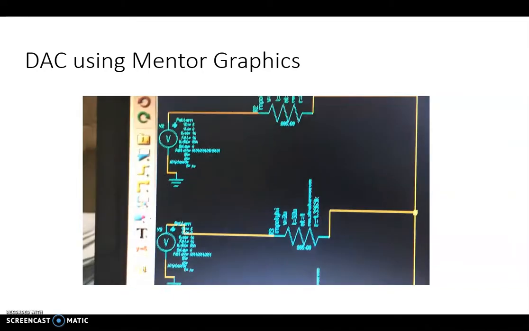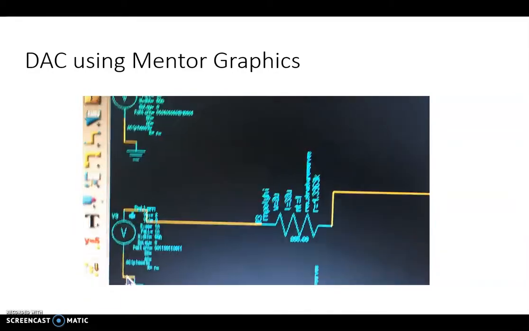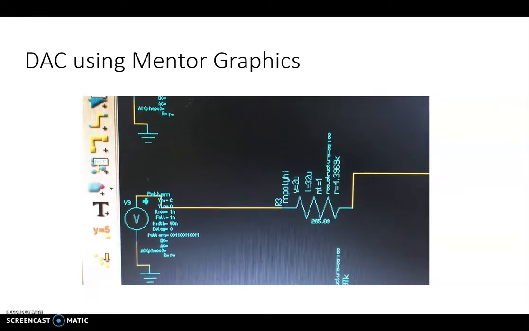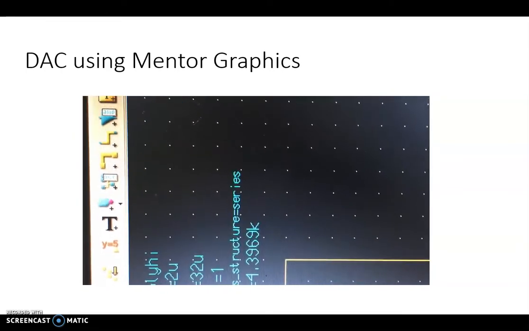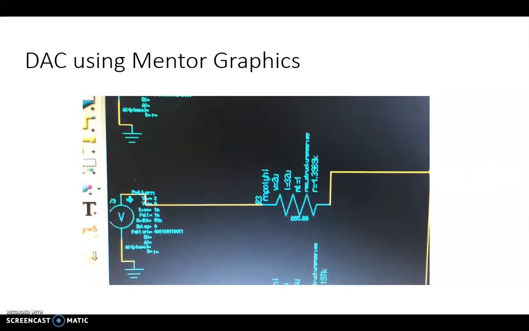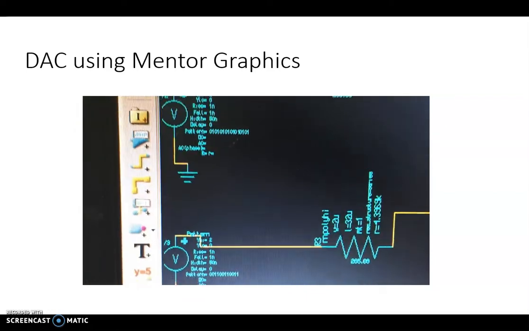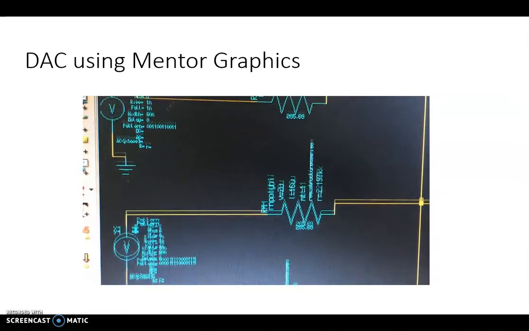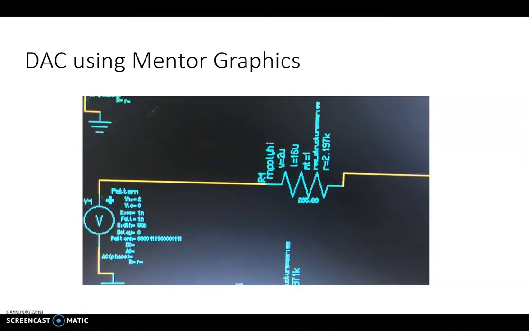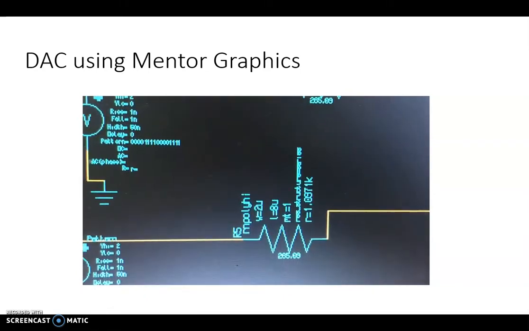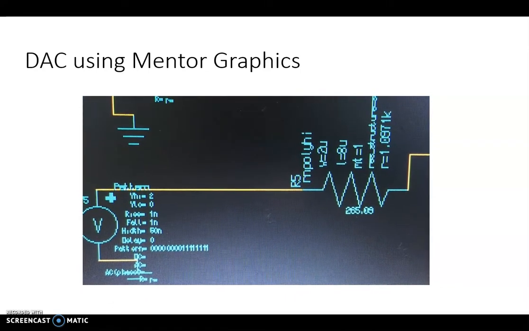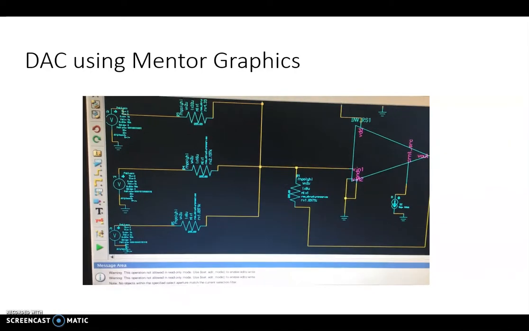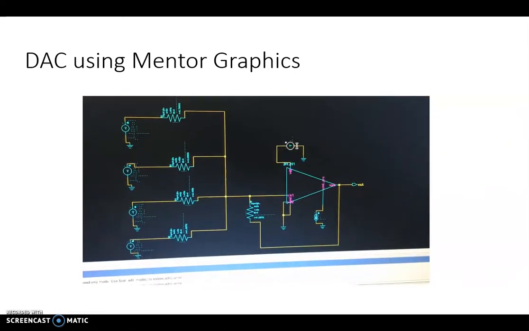And then a voltage supply is connected. Pattern V source is connected here to get the pattern of 0 0 0 0 to 1 1 1 1, that is 0 to 15. We can see 0 1 0 1 0 1, that is for bit 0, then 0 0 1 1 0 0 1 1, then 4 zeros 4 ones 4 zeros 4 ones, and 8 zeros 8 ones is connected here. Voltage sources, pattern DC source.